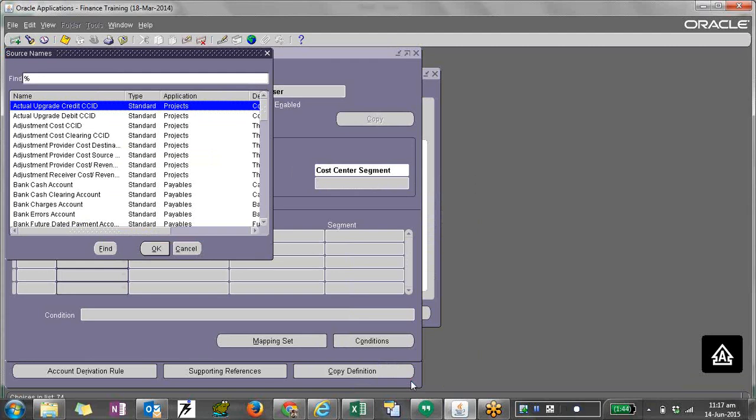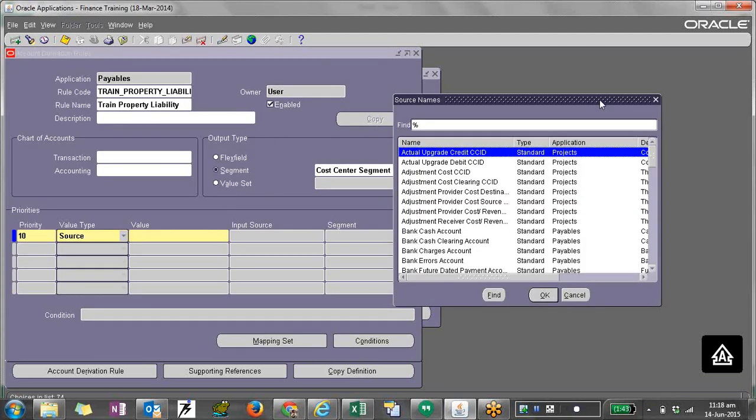Just like the bank cash account, if I assigned it here, then the system will not allow me to add this rule on liability basic on the invoice event, because for the bank cash account I'm not selecting any bank at the invoice time. So how will the system know which bank's cash account it is? So there is a link of this seeded rule. Just to give you an overview, when I selected this rule,